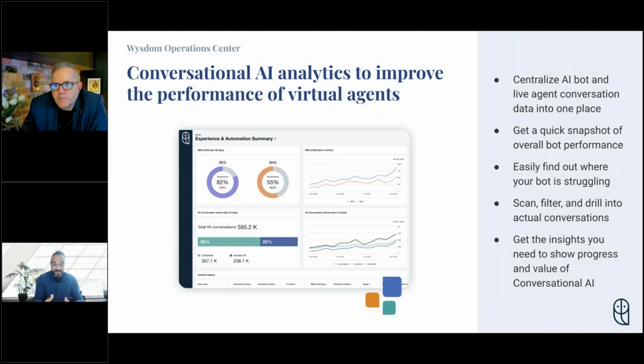And then at Wysdom, once we started seeing the number of bots that we managed multiply, we knew we needed a better way. It's the classic story of entrepreneurship. We identified a problem, there had to be a better way. So we created Operations Center, and I'll show you that in a minute. It's not just slides here on the webinar, but that's where it came from. That's the genesis of it: relying on spreadsheets, SQL queries, an analytics team to give us things that might take weeks or months to come to us, and then not having enough information at our fingertips to actually improve the bots. That is the reason we created Operations Center.